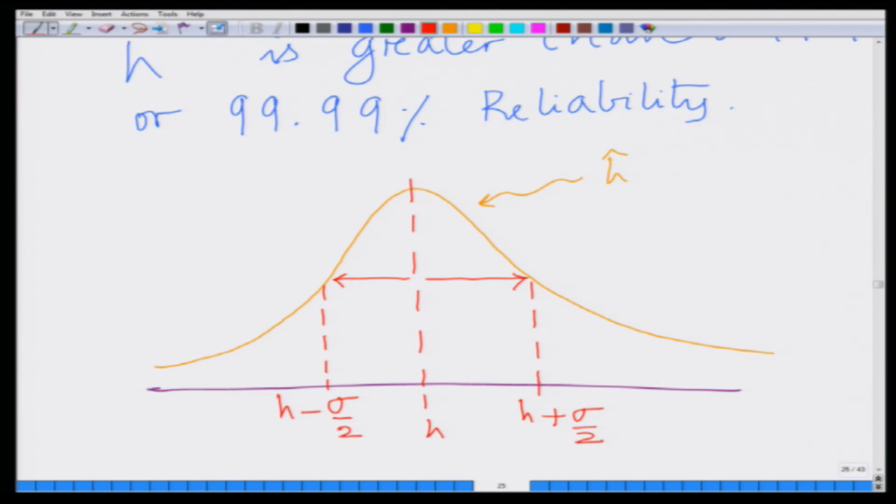This is the sigma by 2 radius around the true parameter H, and we are asking what number of observations n is required such that the estimate H hat lies in this range